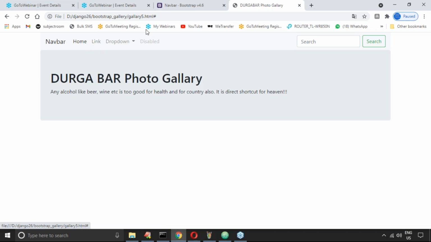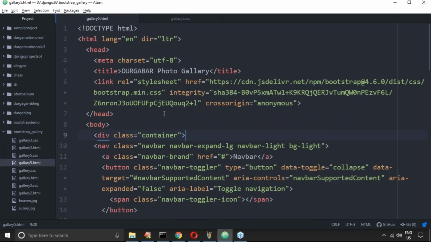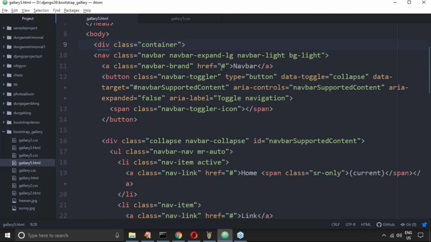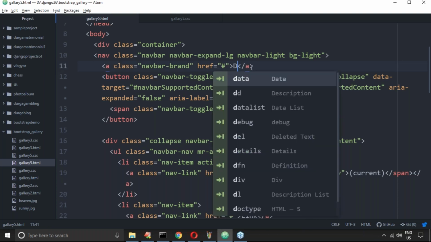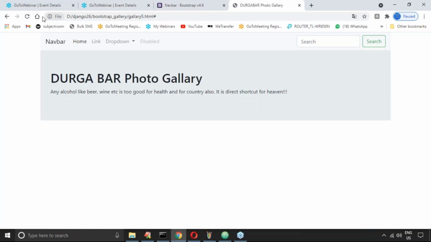Inside the div, inside the navbar header, I'm trying to take Durga bar. This is the brand, Durga bar.